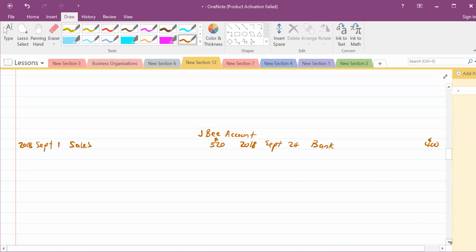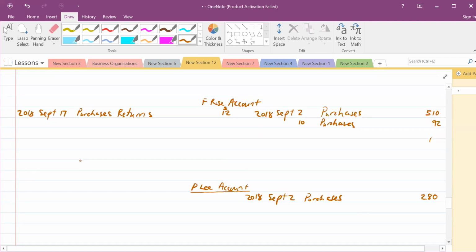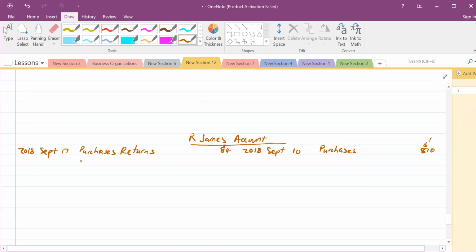So we locate R. James, I think it's right at the bottom. Over there. So to reduce what we owe to them, this is on the 26th, we debit the account. So we say bank, as remember, checks are processed through the bank. We then write 766,